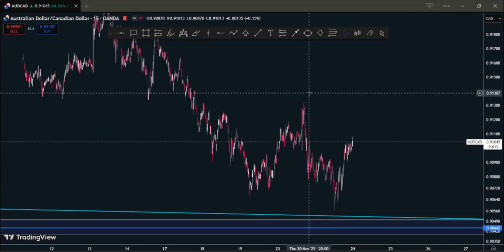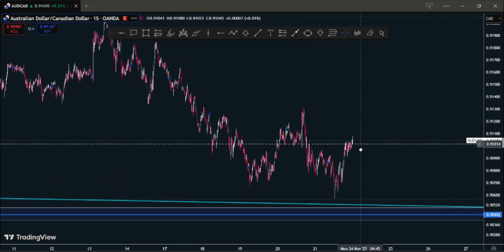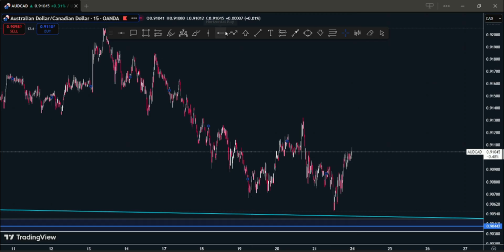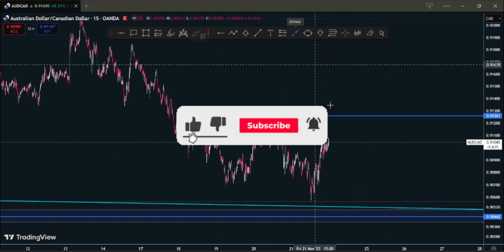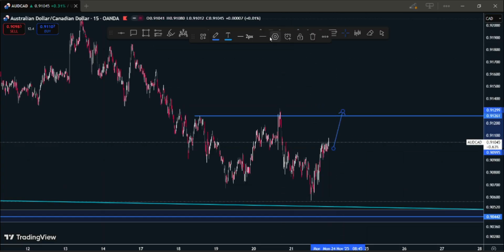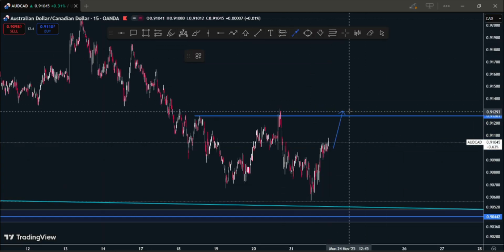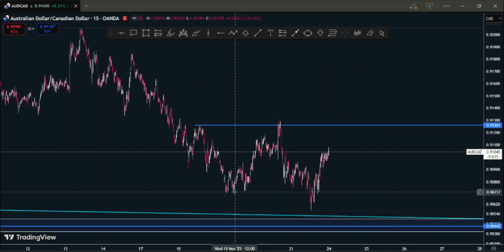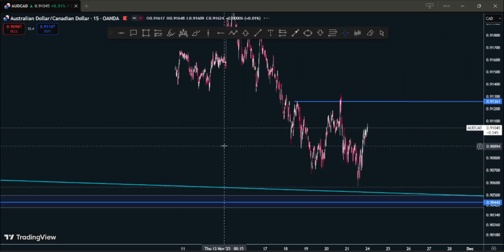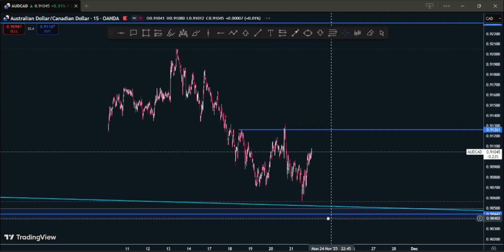Okay, so we are looking for entries now, and like I said, the market can do what it wants to do, meaning that it is highly possible that the market can go here and continue going down. It is highly possible. We are looking for buy, but it does not mean that the market cannot sell. It is also possible, but since we are looking for buys, we also have to pay attention to the fact that we are having a key level here,